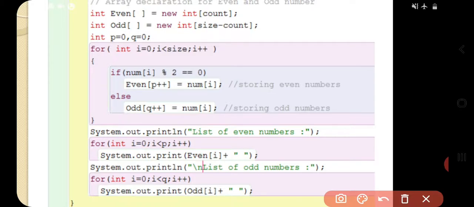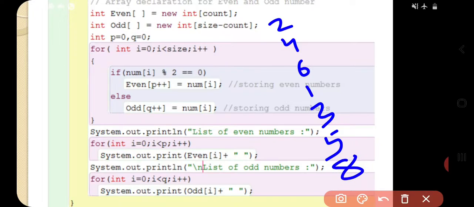Why are we having different countings? Maybe we are having 10 different numbers. Firstly, it contains a few even numbers, then they are having some odd numbers with the even numbers.